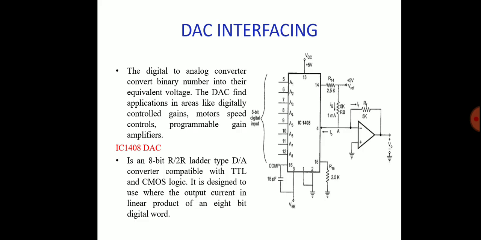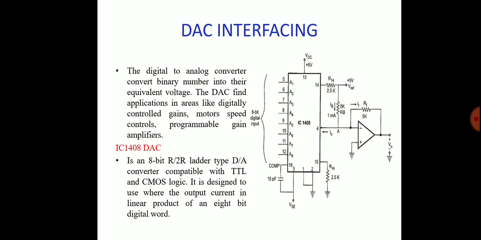and it requires 2 milliamps reference current for full scale input and 2 power supplies, that is VCC equal to 5 volt and VEE equal to minus 15 volt. The reference voltage and resistance determine the total reference current source, and the resistance is generally equal to the ladder circuit resistance to match the input impedance of the reference current amplifier.